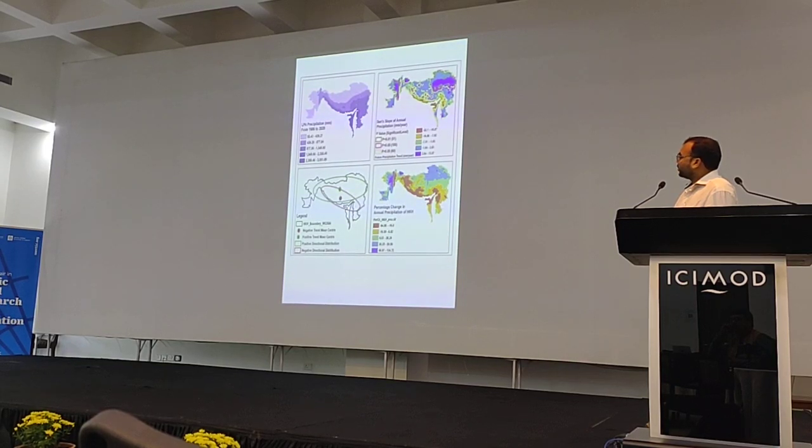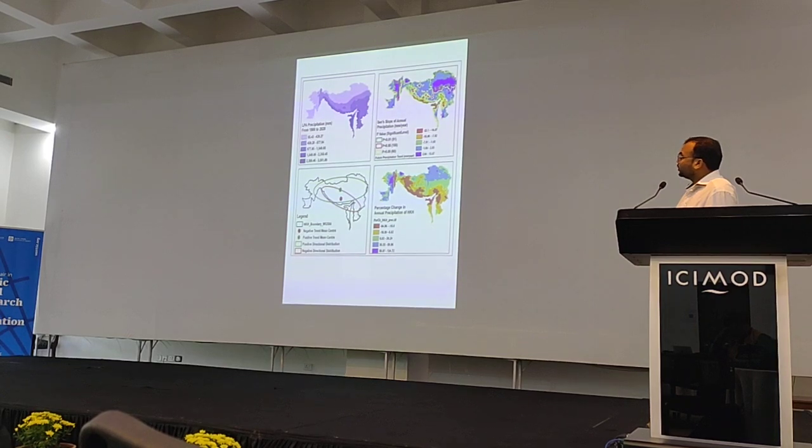the green p-value polygon points are basically showing that the data set is 99% significant. These are mostly in the upper regions. But if we look at the future trend of precipitation, that is the red. From the legend, a declining trend of minus 32 millimeters per year of precipitation is taking place in these regions. So what do we look at, and what are the consequences of this declining trend?